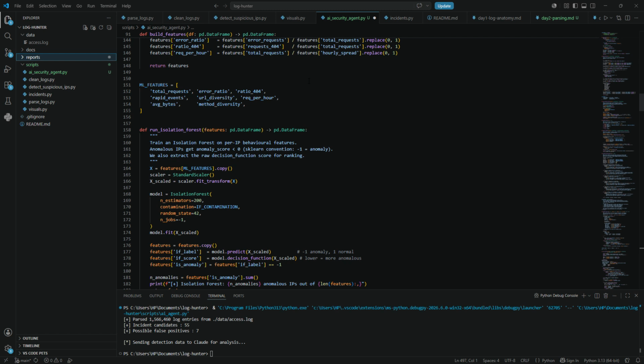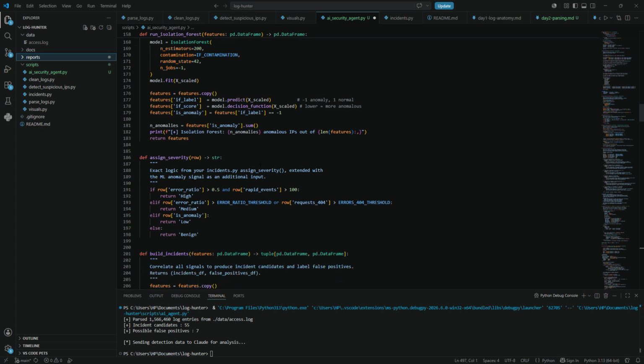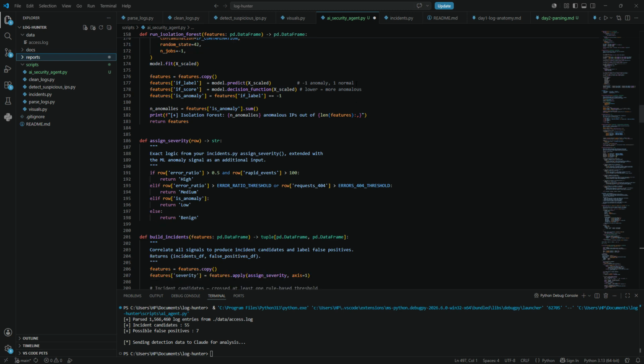On top of that, I've built a rule-based correlation, the same way a real SOC analyst would, that classifies each incident as high, medium, or low severity. For example, I have done it like this. But the main part is what actually solves the problem statement, explaining attack patterns in simple